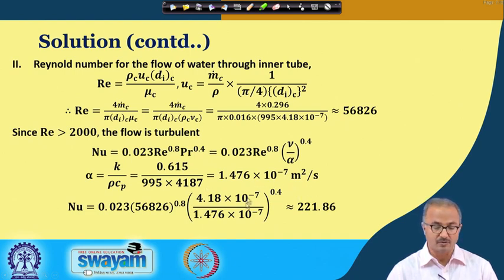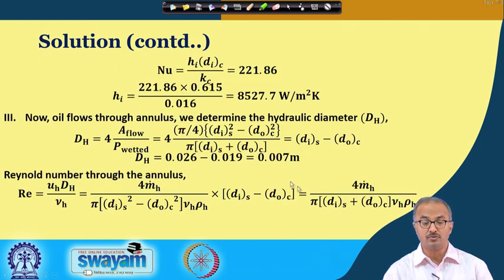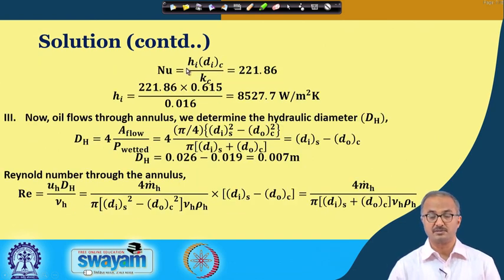And now once we have got all these values, we plug the values into this equation and we get the Nusselt number value as this. Once you know the Nusselt number, then you go with the definition of the Nusselt number, that is hd by k. And here we are putting the appropriate subscripts to the h, because this is for the inner tube. So we are finding the h for the inner tube, this is the inner diameter of the inner tube, and this is the k of the water. So we are putting in these values and we get the heat transfer coefficient on the inner tube side. A similar method is now followed for the oil side, that is the outer tube side.